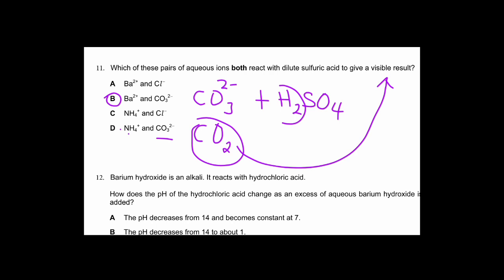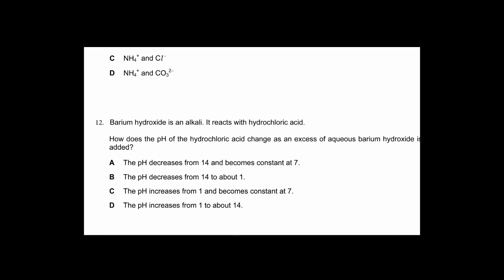We go to question 12. Barium hydroxide is an alkali. It reacts with hydrochloric acid. How does the pH of hydrochloric acid change as excess aqueous barium hydroxide is added? Now, my dear learners, here you should be able to analyze the question: this acid is our target. How does the pH of the acid change? So we are going to center our mindset on the changes that are going to take place on the pH